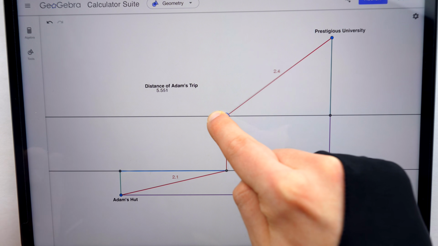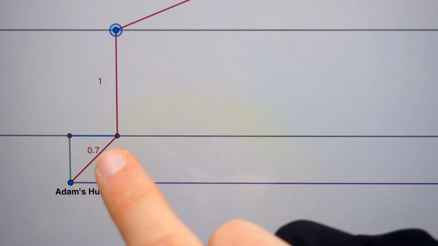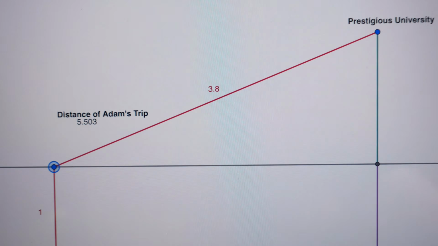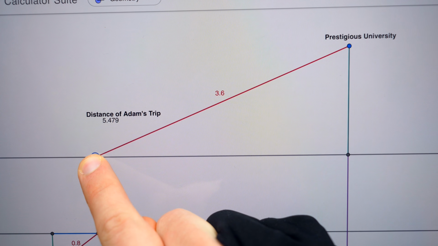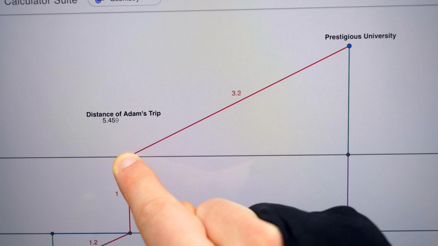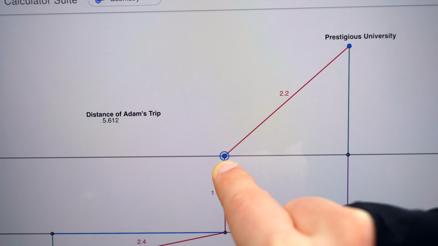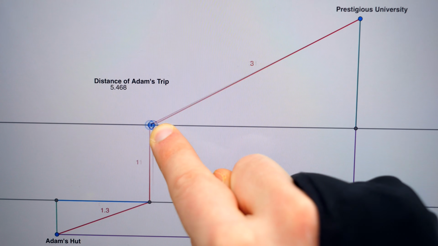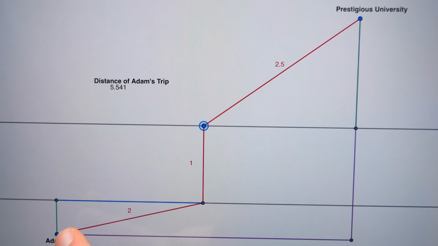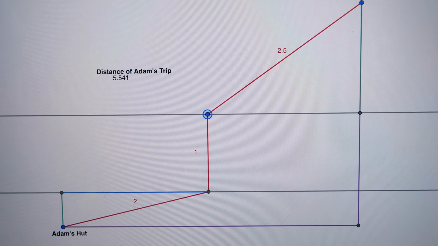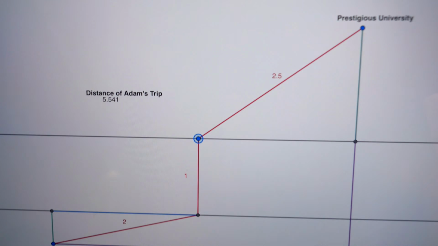If Adam builds the bridge close to his home, then he'll have a short trip to the bridge, cross the river, but then have a long walk to get to the university. We can see the total distance he has to travel gets smaller as we place the bridge further from his home. But at some point, the total distance starts going back up if we place the bridge too close to the university. Somewhere in here is the perfect place for Adam to build the bridge and create the optimal path to school. And the solution isn't to just put it in the middle. It might seem reasonable, but it certainly isn't optimal.